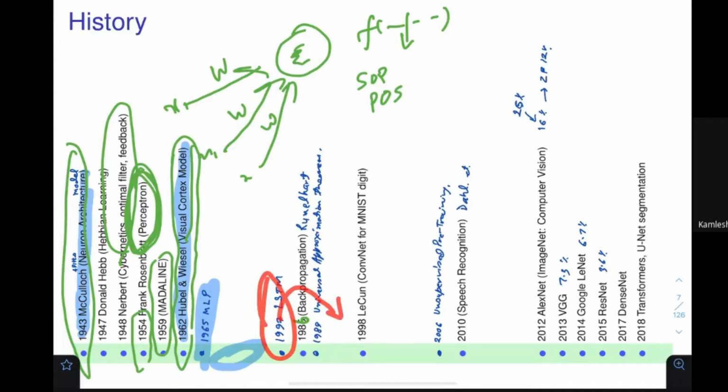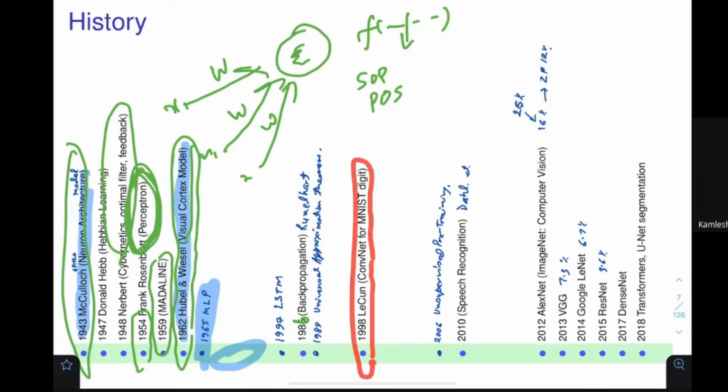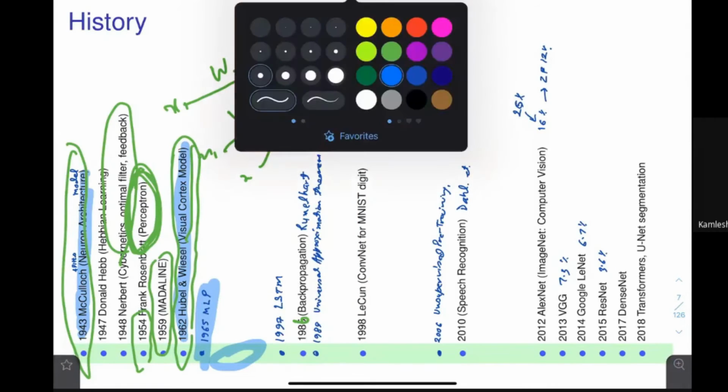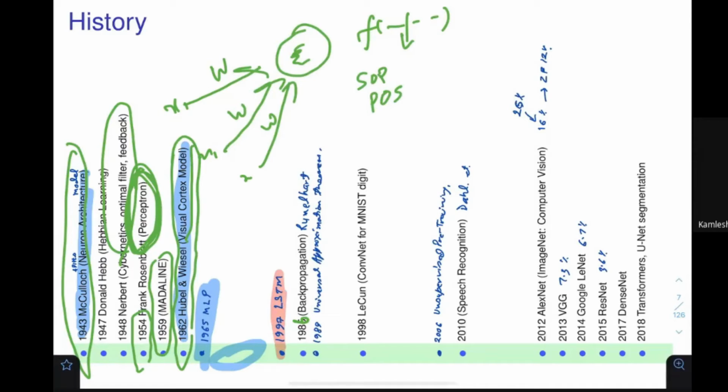Then around 1997, LSTM was proposed, and after that, around 1998, Yann LeCun proposed the convolutional neural network, the ConvNet, for the MNIST digit database. A very important thing that I wanted to point out here is that LSTM and ConvNets were proposed around 1998, and you can think that people were talking so much about these things,